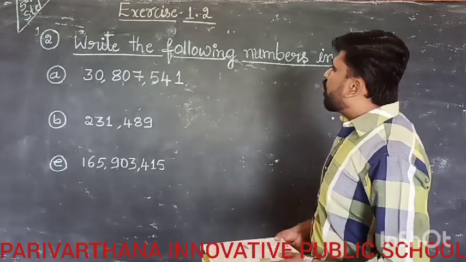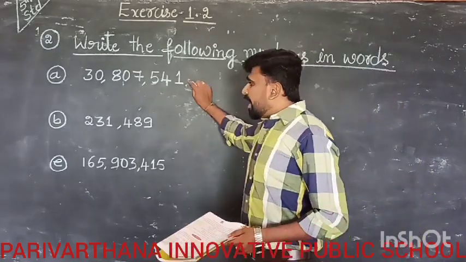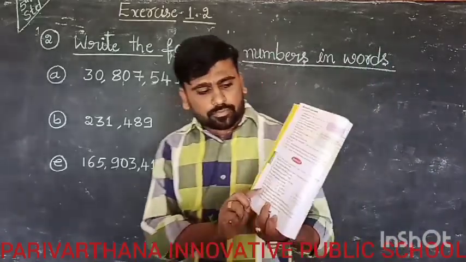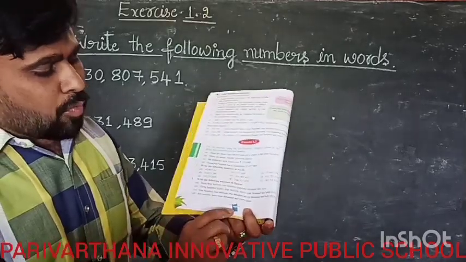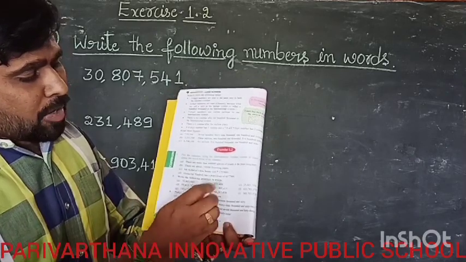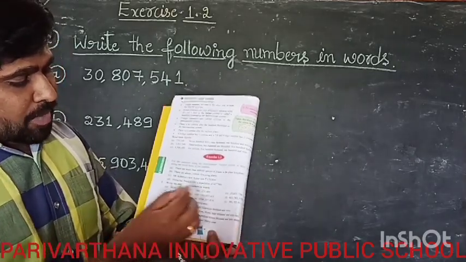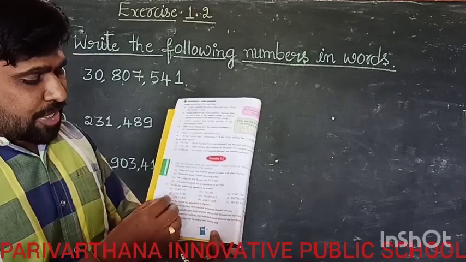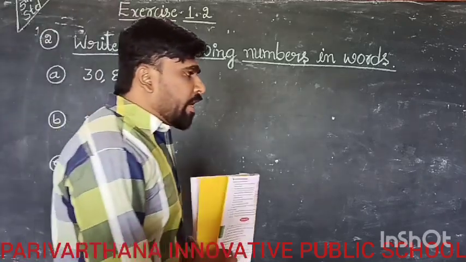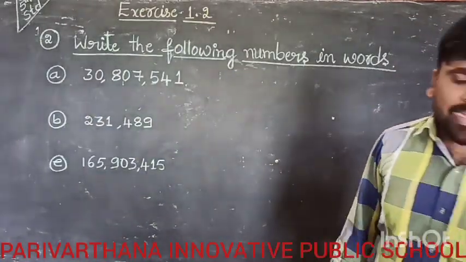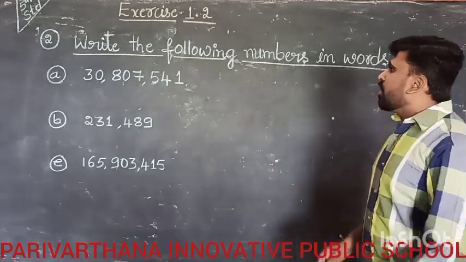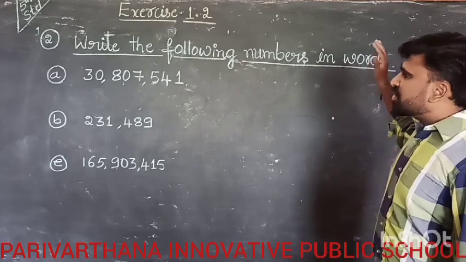Regarding the second main of 1.2, I will show the A problem, B problem and E problem. See here. See page number 168. Clear? Page number 168, A problem, B problem and E problem. C, D, F, G, H and I are homework. Neatly observe the second main and neatly complete the homework, and also you have to complete the classwork.